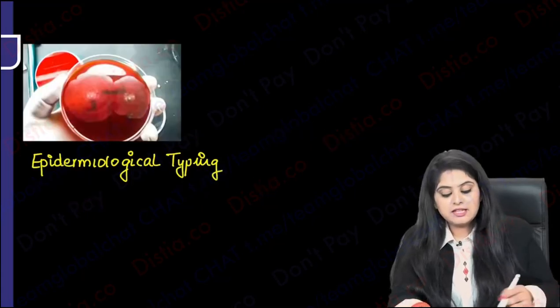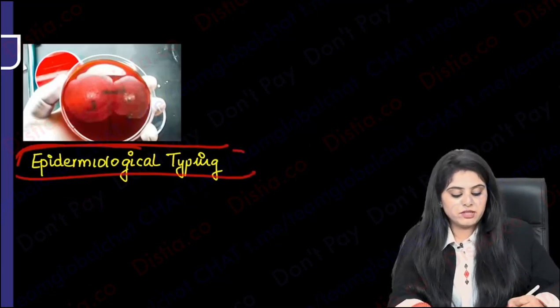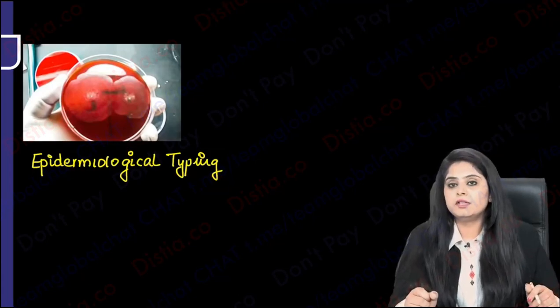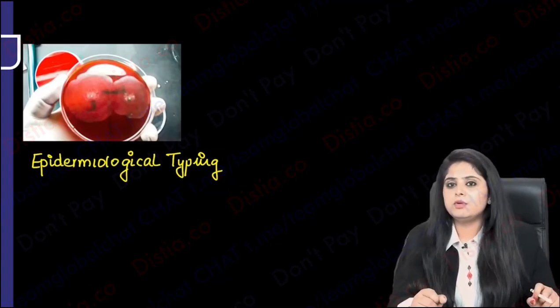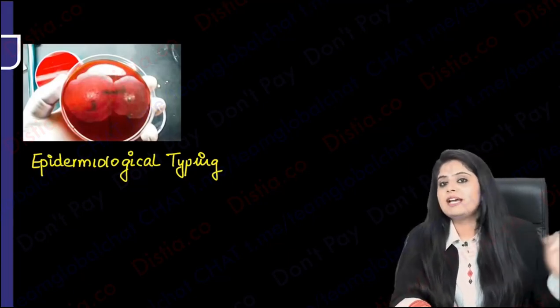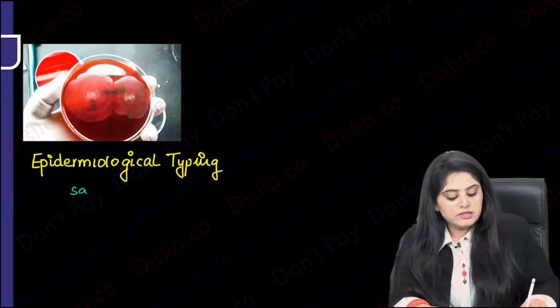Now, is there any use of this swarming in terms of epidemiological typing? For example, there are 5-6 patients in the ward who have ended up having Proteus. Now you want to find out whether all these 5 patients in my ward have the same Proteus. Is this something spreading in this ward? Is this one type of Proteus only spreading, or are they all genuinely having individual Proteus infections? So if you want to know whether you are dealing with the same strains of Proteus, or with different strains, what are you going to do?